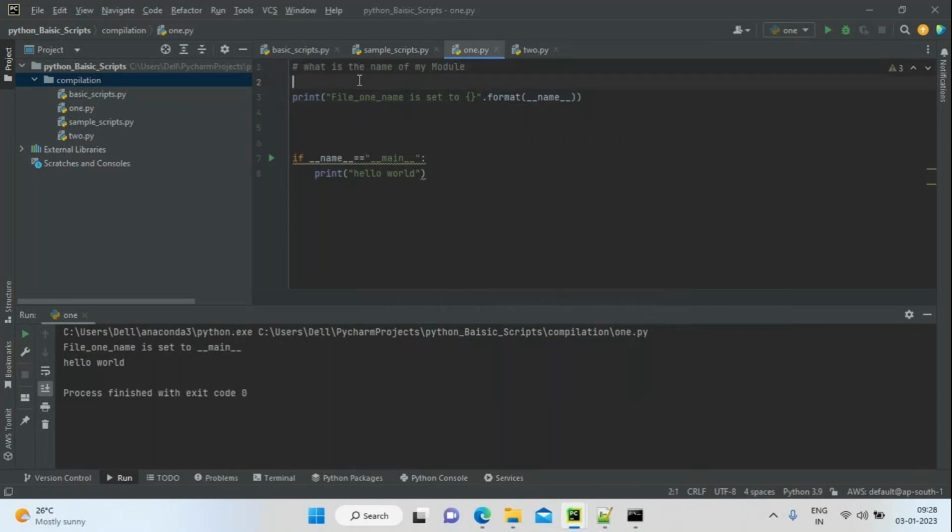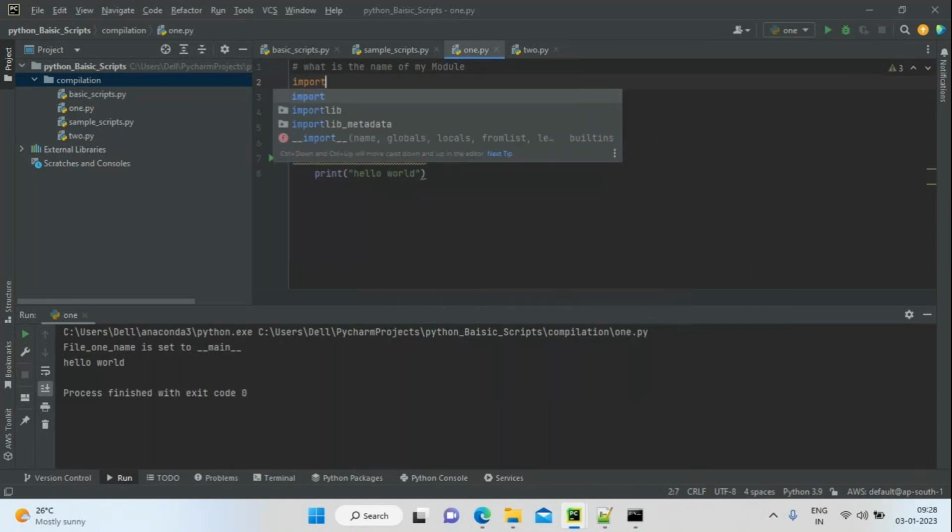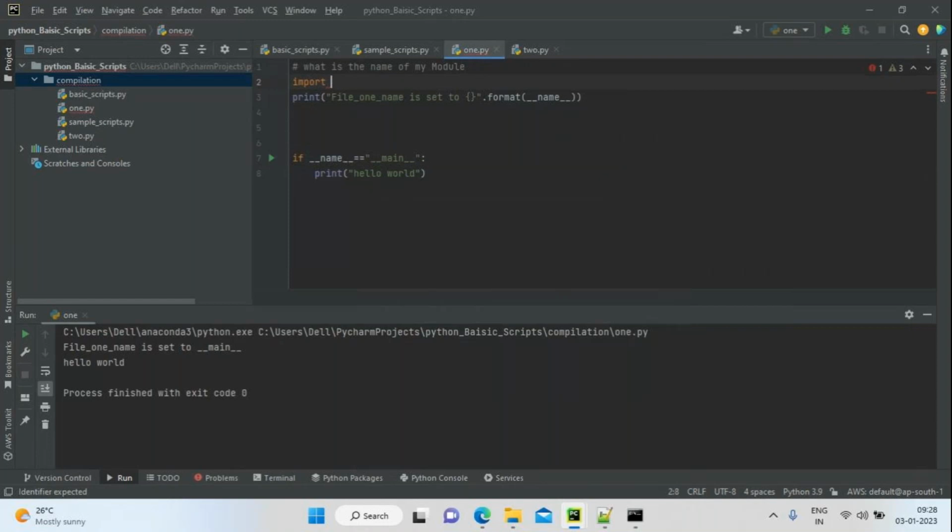Okay. Now, what I'm going to do in the 1.py file is import another module called 2. I already said to you, a module is a file. It contains classes, variables, methods, functions, and constructors. Now I'm importing my second module into the first module, the main module. Sorry, 2.py is a module. I'm going to import it in my 1.py file. If I run this program, what will be my output?